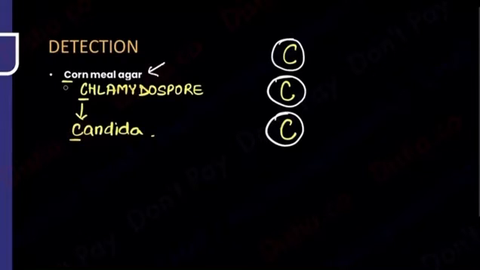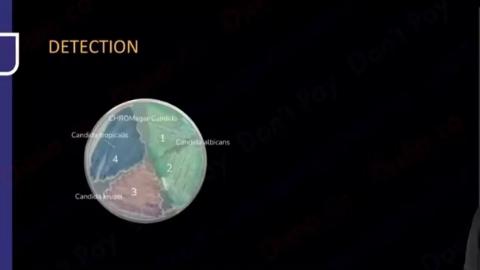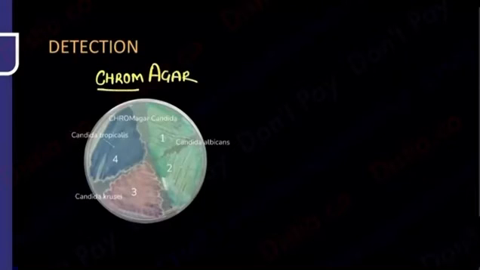Then, because we are talking about Candida, I'll add another C onto that Candida, because Candida is also grown on another agar known as the chrome agar. Candida is also grown on chrome agar. So that will tell you chrome. Chrome means what? Multicolored. You're going to get an agar with a lot of colors. So again, C for C. Chrome agar is something that you grow